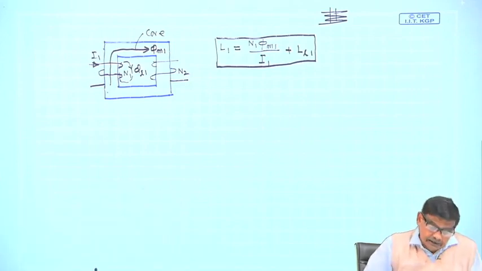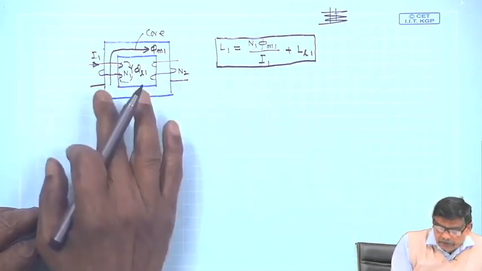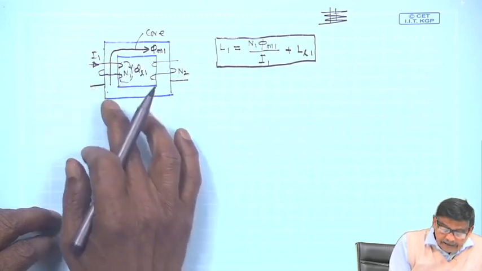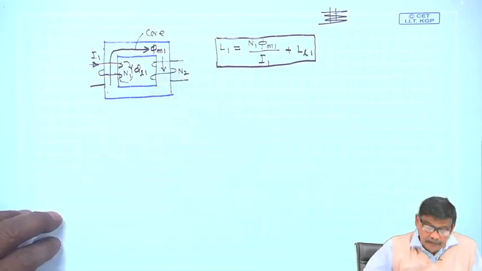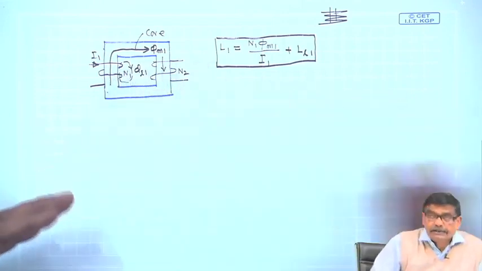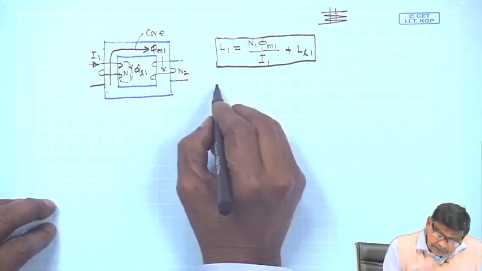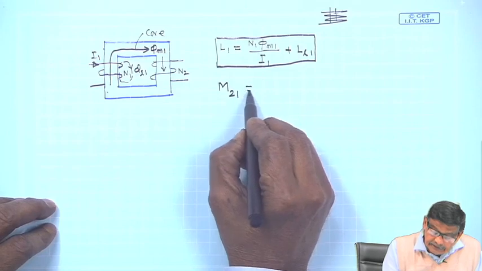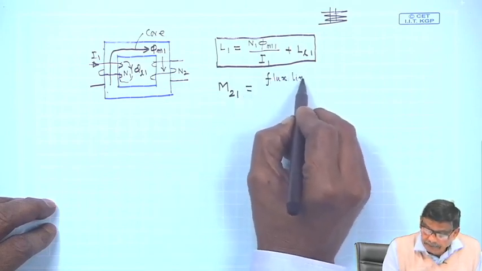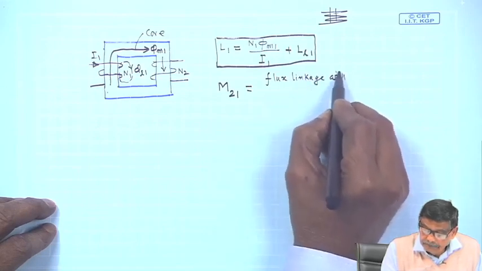Now, what is the mutual inductance? When there are two or more coils sharing a common magnetic circuit, if any of the coils carries current, there is going to be flux linkage with the other coils. In this case it is very simple: two coils are there, one coil is carrying current, and it is this mutual flux phi m1 that is going to link the second coil N2. Phi L1 after all cannot link the second coil. Therefore, I can define mutual inductance M21 as the flux linkage with the second coil, with N2,